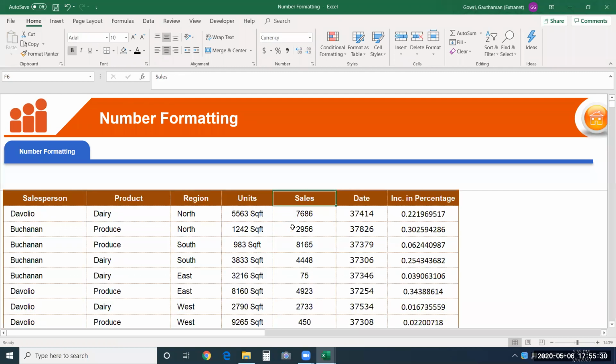And the next part, sales. See, sales is usually an amount. We represent an amount either by providing a thousand separator, just like this. You can go and choose this comma. You can see this number changed the way it was appearing. But you can see that in the formula bar, the value has not changed at all. Now, thousand separator is fine. It's going to denote that it is a number, but